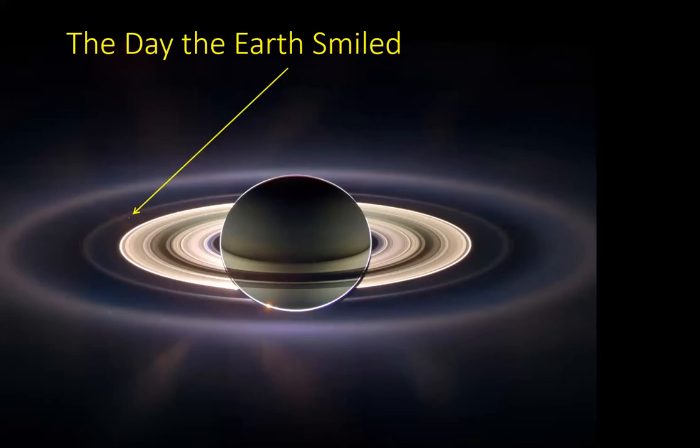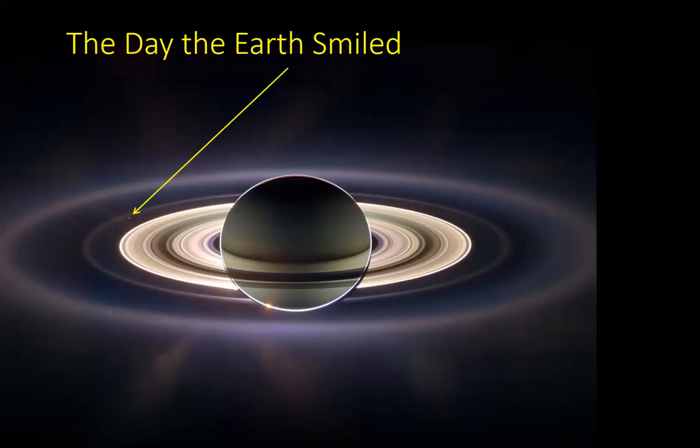You know, the rings are only a temporary phenomenon. We don't know how long they've been there, but this is just like the whole of the solar system in miniature, really, with the moons taking the place of planets and the rings being like the zodiacal dust that we have in the plane of the solar system.